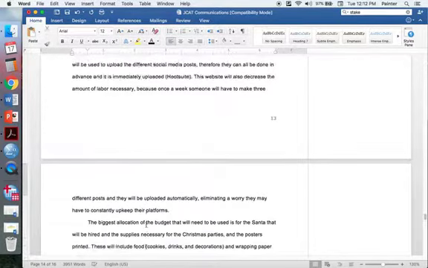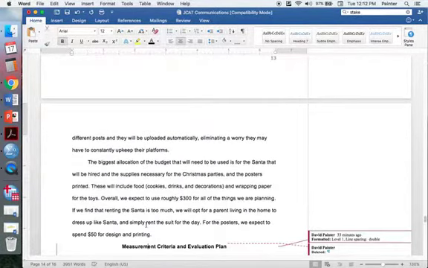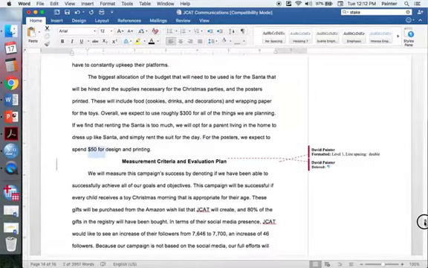How many hours will be required to generate and post content on social media? How much will it cost to print? Who's going to post the posters? $50 for design and printing. It would take, I don't know how you came up with these numbers, and they seem ridiculously low, right?